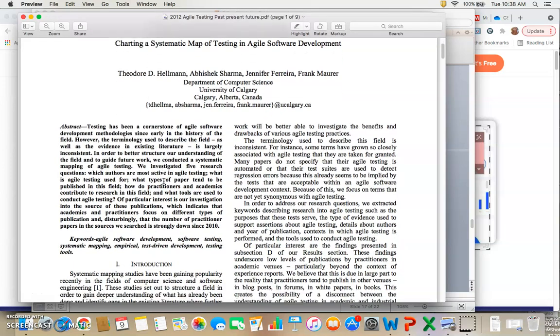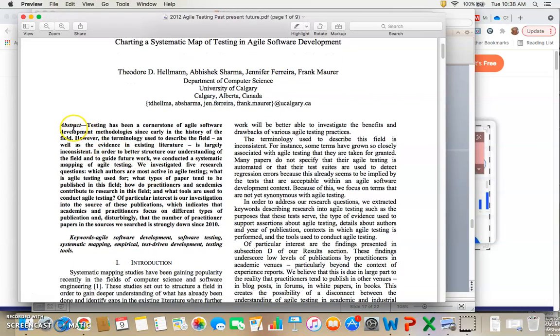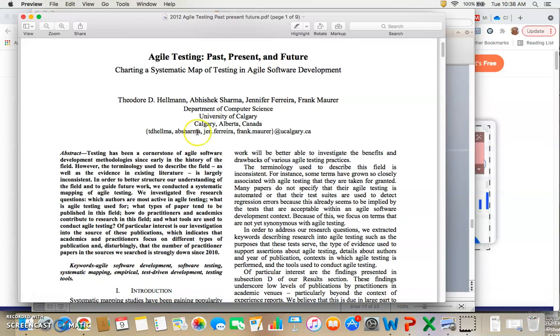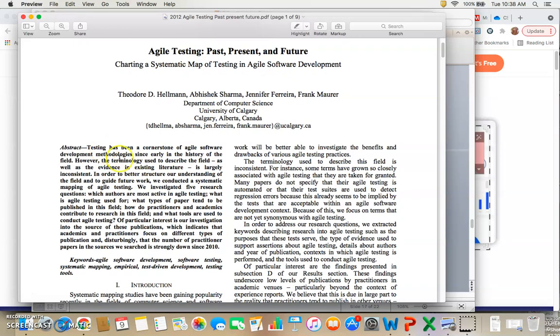So you see, they write the abstract first. Okay, so the abstract is just a short summary of what the paper is about, right? So they are concerned about testing, agile testing. The abstract tells what testing is, and then gives a little bit of justification for why they do this topic. Testing has been a cornerstone of agile,